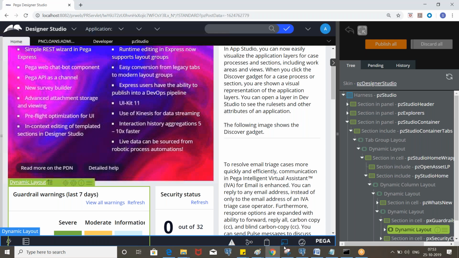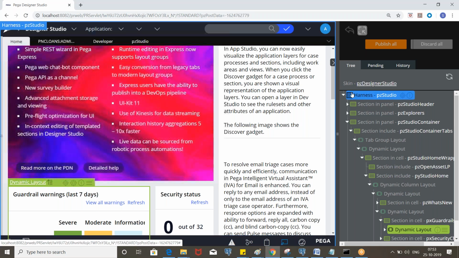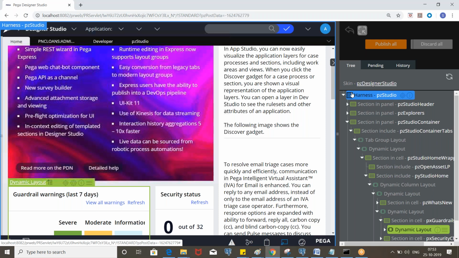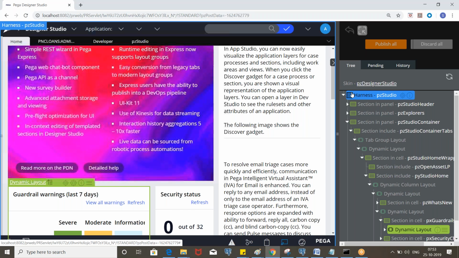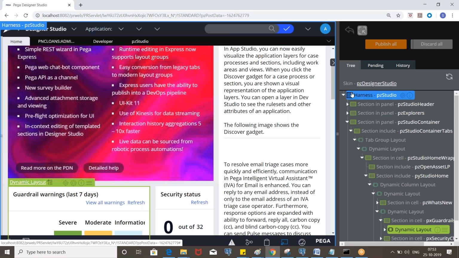Let's say in real time you are working on an application where the customer asks you to add some properties in a screen, but there are a lot of sections available. By looking at the runtime screens, you cannot identify what section is being used.